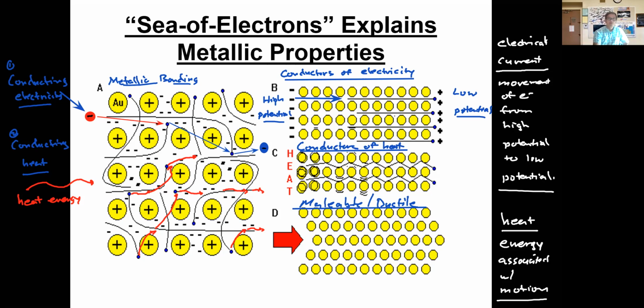So what we're talking about here is the application of force. This large red arrow is a force, and remember we learned about force. We apply a force, and a force is described as a push or a pull. That means we're applying a large pushing motion onto the metal, or we're pulling that metal apart. That's what we're doing when we talk about applying a force.